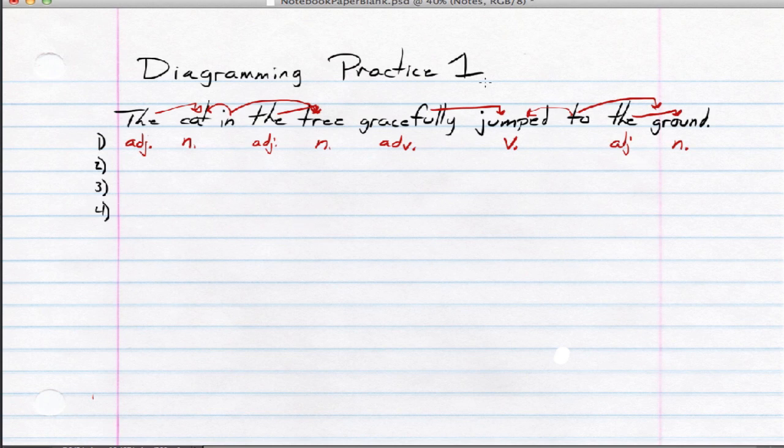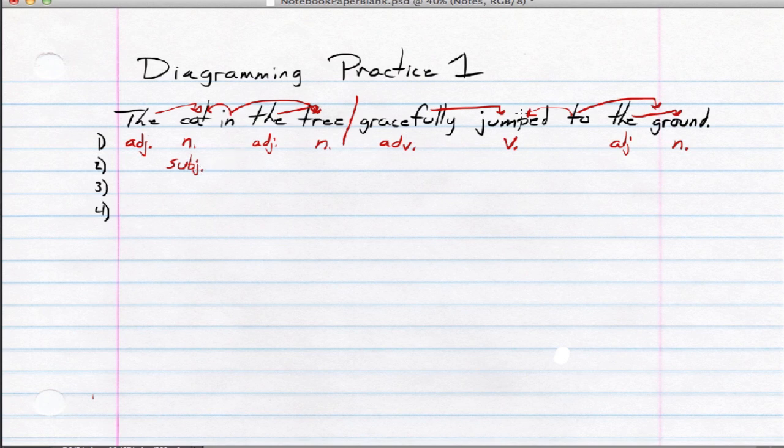Now, where would I draw my line? What is my complete subject and my complete predicate? Where does it go? Right here. So I'm going to hop down to level 2 here, and now I need to pick the simple subject, the cat in the tree. Am I talking about the tree did the jumping? No, the cat did the jumping. There we go. I've got a subject here,